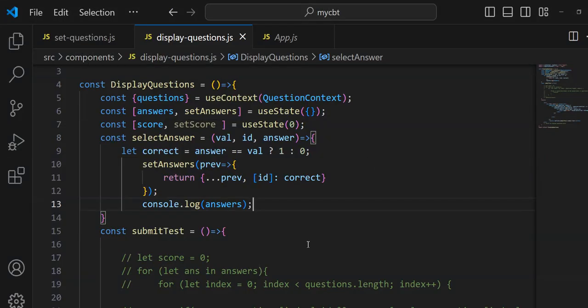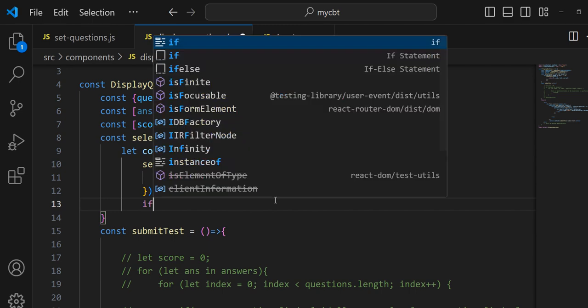So what is happening is that if it is 1, it means you got it right. If it is 0, it means you got it wrong. So at any point in time, it will either be 1 or 0. So what we can do here is this. We can now say if